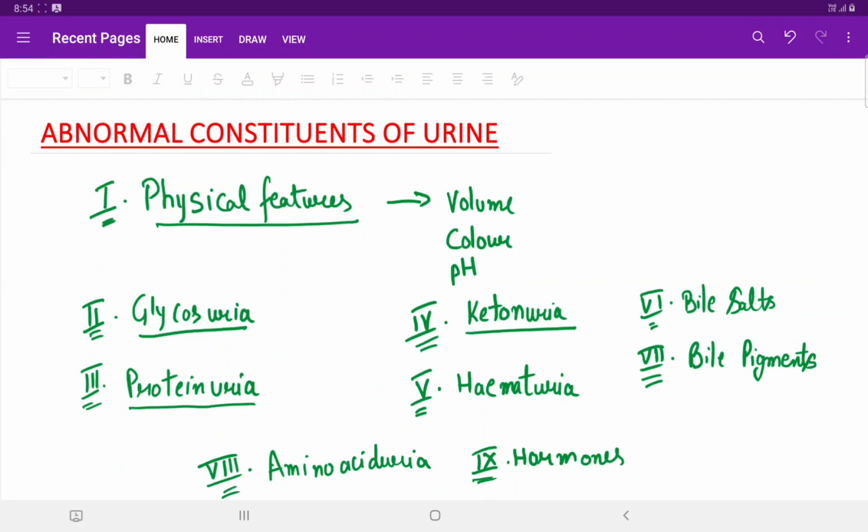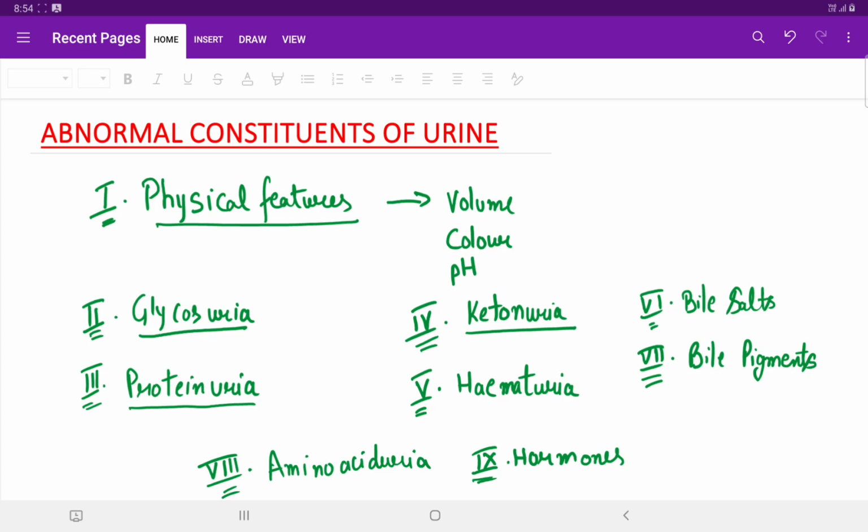Students, in this video we shall be learning about the various abnormal constituents of urine, how these abnormal constituents affect the pathological state of the human body, and their diagnostic significance. In this topic we shall be covering the physical features of abnormal urine, that is the volume,